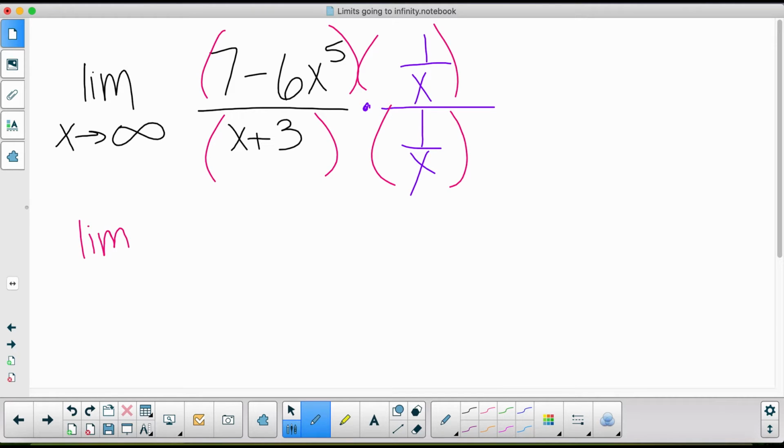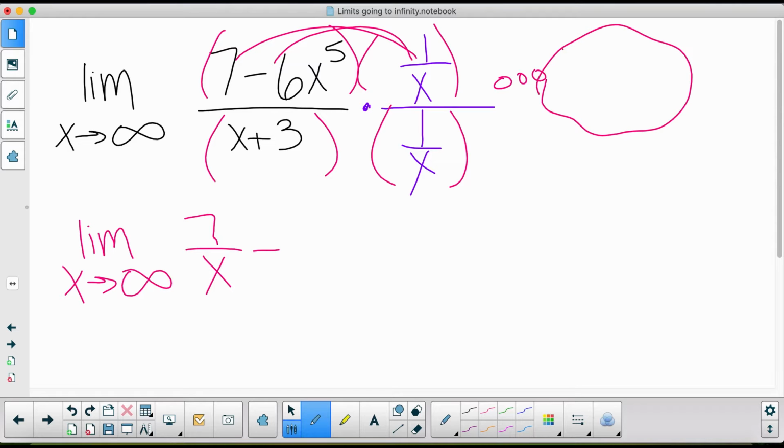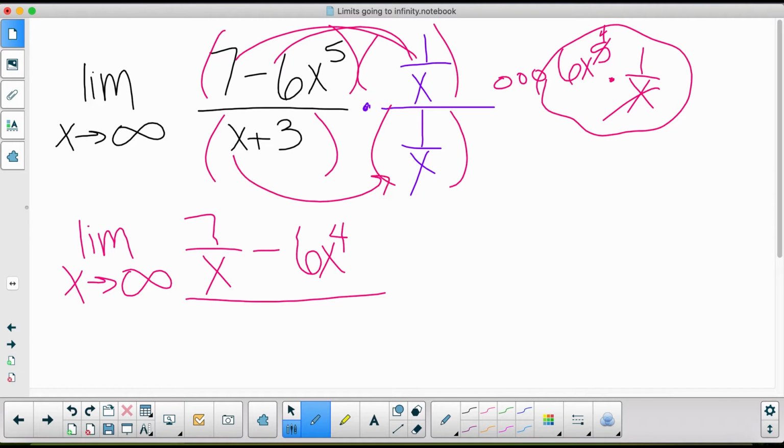The limit as x goes to infinity, 7 times 1 over x is 7 over x. Now we've got negative 6x to the 5th over x. So I'm going to just do a little thought bubble over here. If I have 6x to the 5th times 1 over x, that means this guy drops and one of my exponents drops. So over here I have negative 6x to the 4th all over x times 1 over x is just going to be a 1